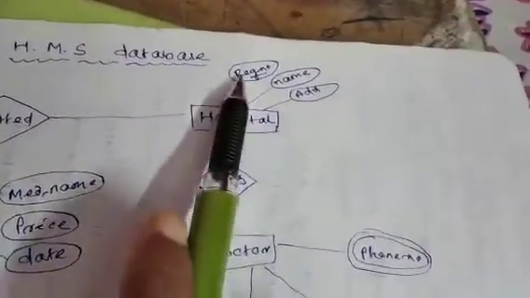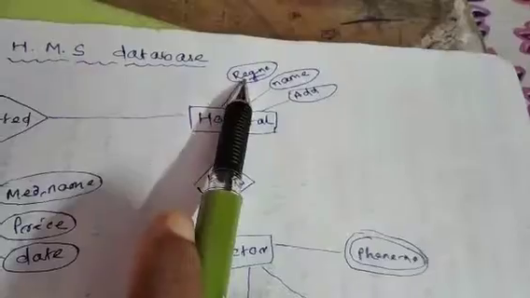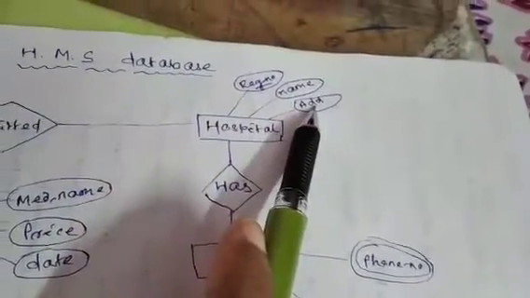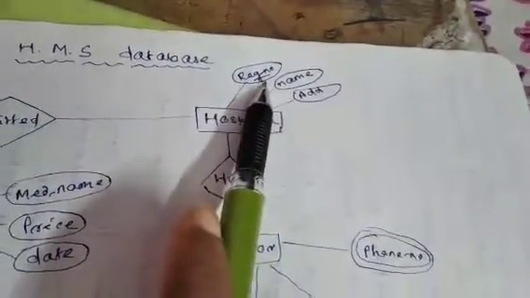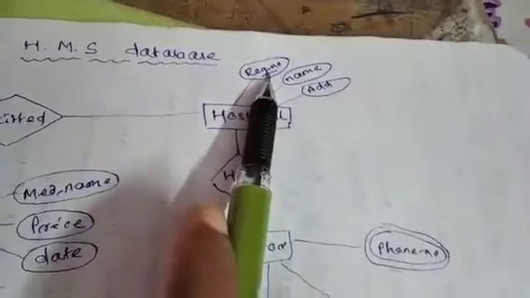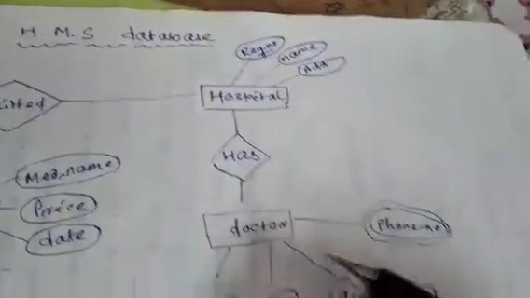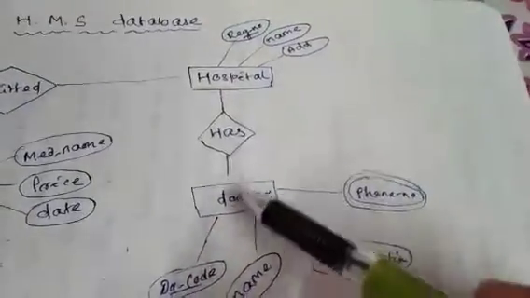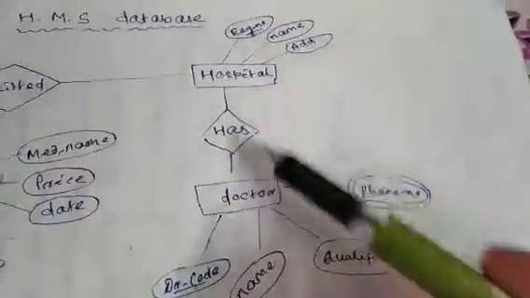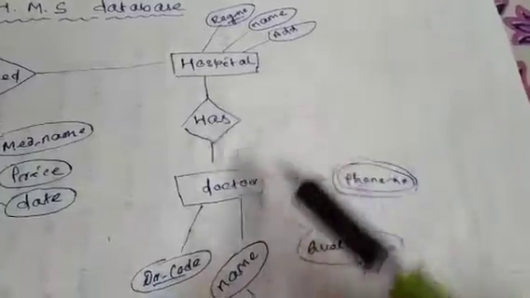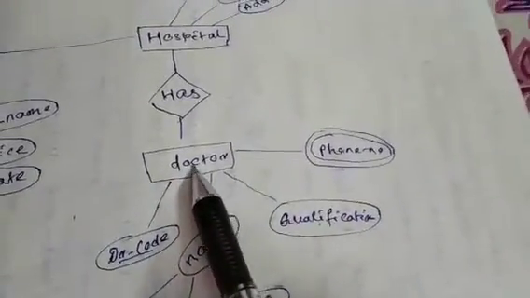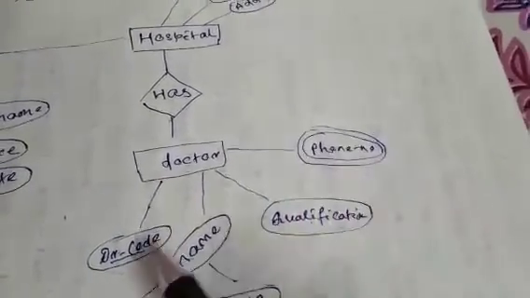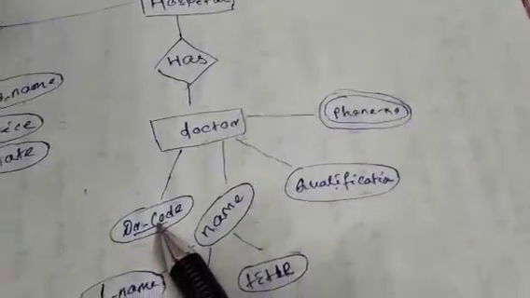Similarly, another entity is a hospital. In a hospital, the three attributes considered are registration number, name and address. The registration number is maintained uniquely, so it is considered the primary key. Similarly, another entity is a doctor, and the hospital and doctor, these two entities must be related. The relation is has. A doctor must have a doctor code, which is maintained as the primary key, and a